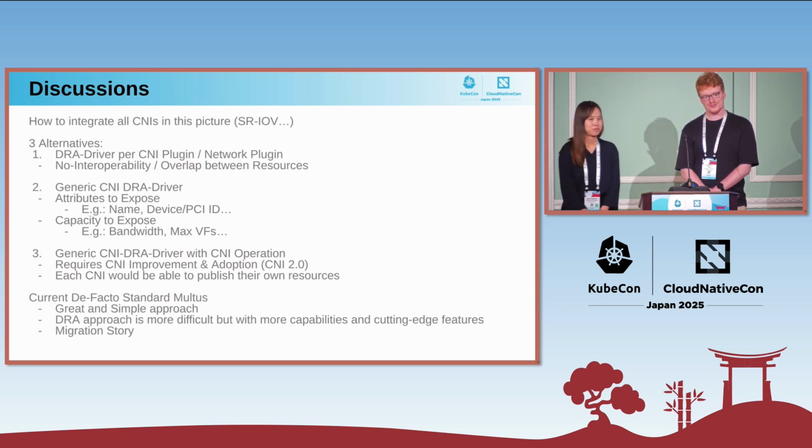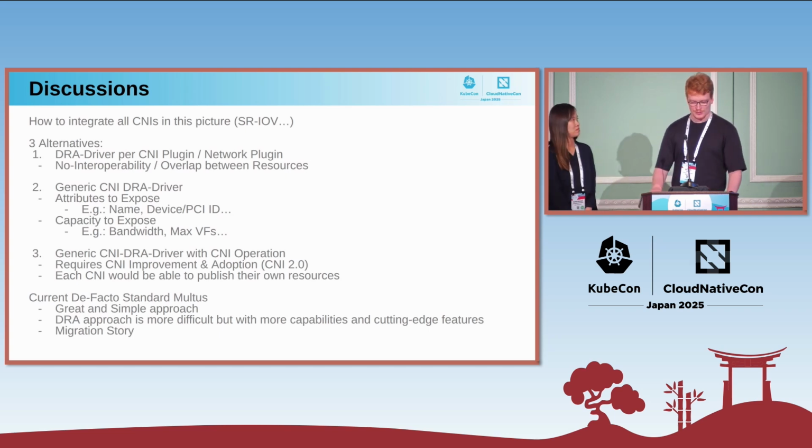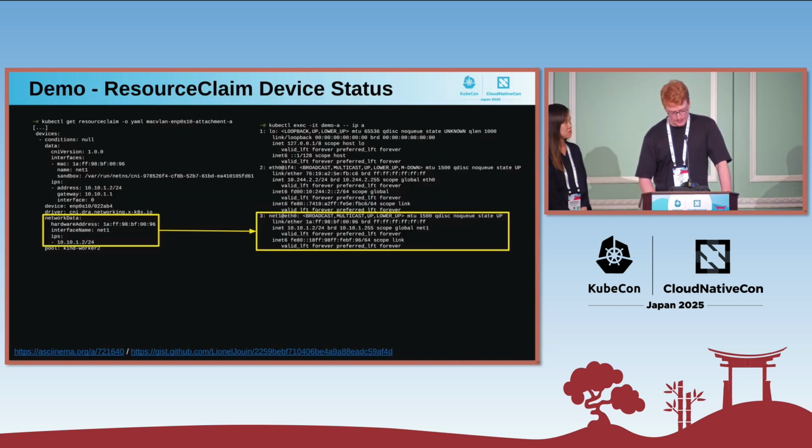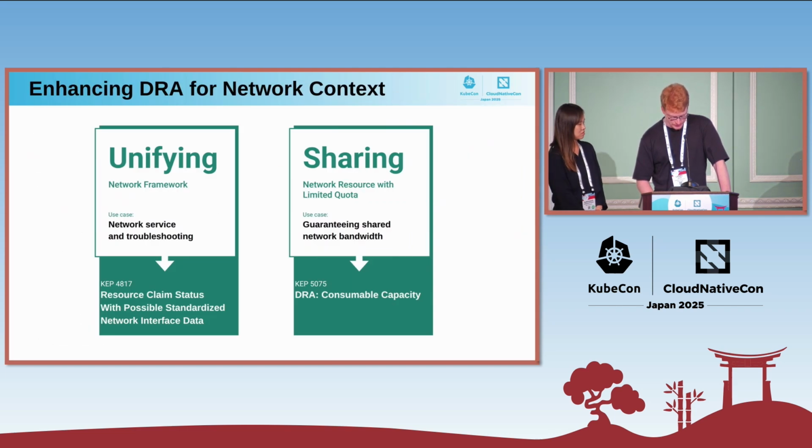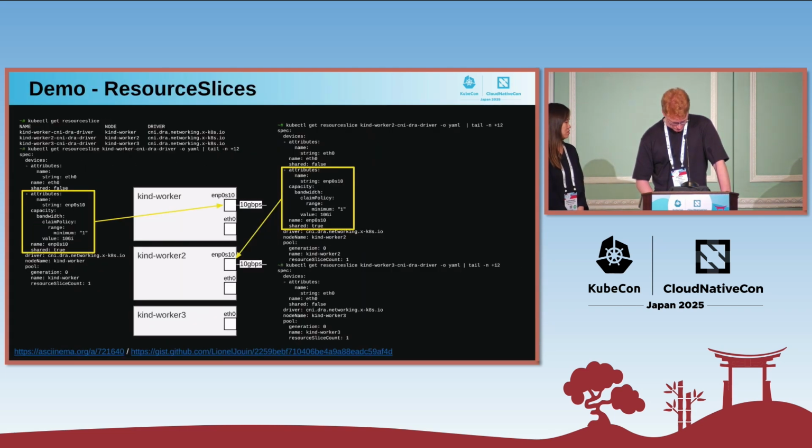But I know that looking at the CNI config embeds that as a master interface name. What are you thinking about for how to create an indirection so that you don't need to specify a specific interface name? It seems like there are multiple places you'd have to have that indirection. Right. I will try to find this because I had an idea about that. Maybe in this slide, but maybe it's too small.